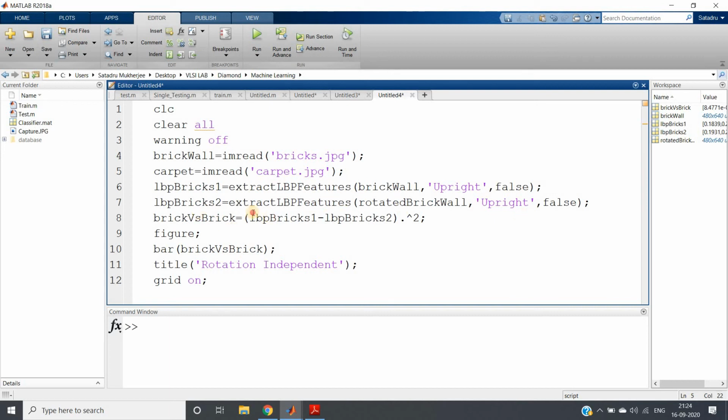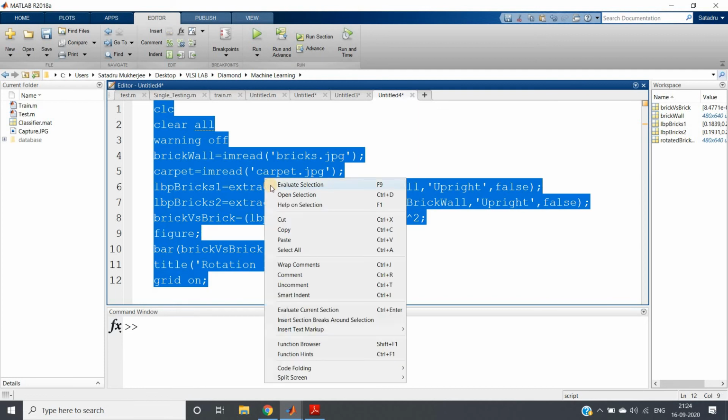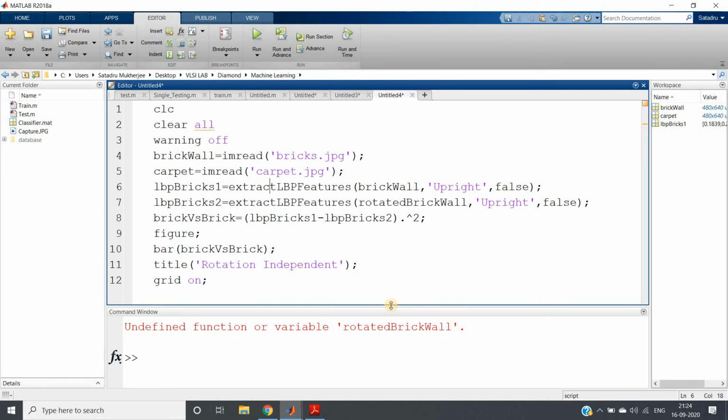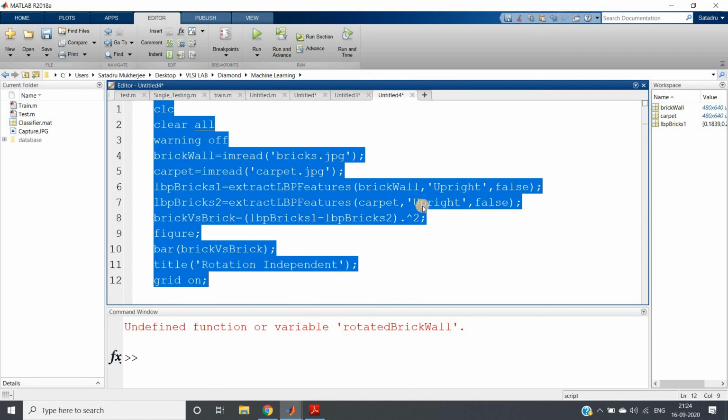So we are extracting and then showing the difference, and here also we are keeping rotation invariance. Let me show you the difference. Sorry, here this is carpet. Control V.